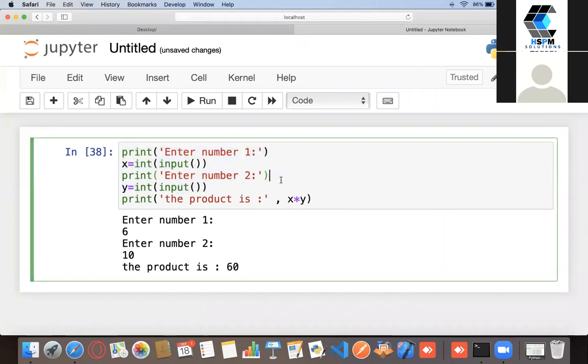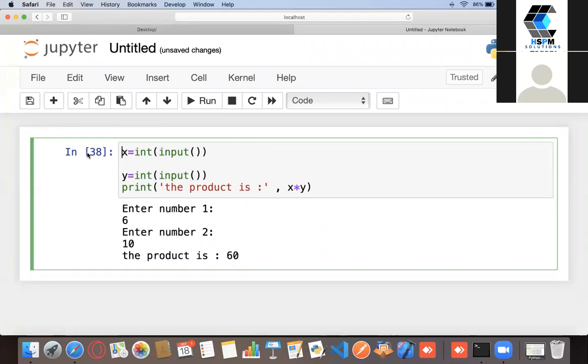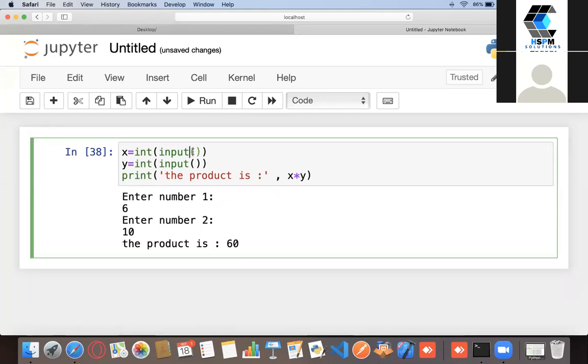And Python was meant for simplicity. It was invented so that you guys actually don't have to write a lot of code. So we can even skip all this part. The input function in Python actually supports an argument, or you can just write something in this bracket, just like you did with the print function.